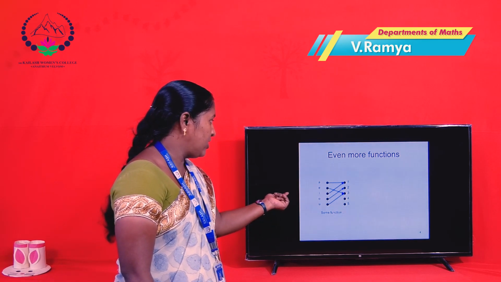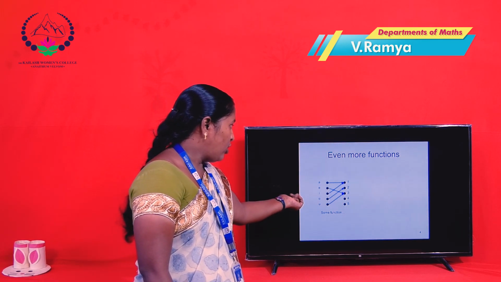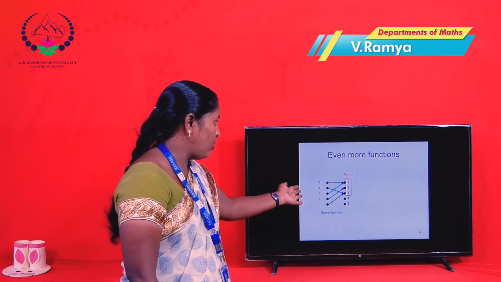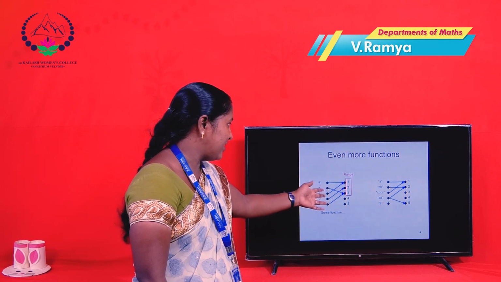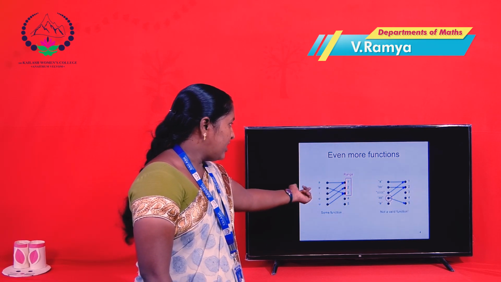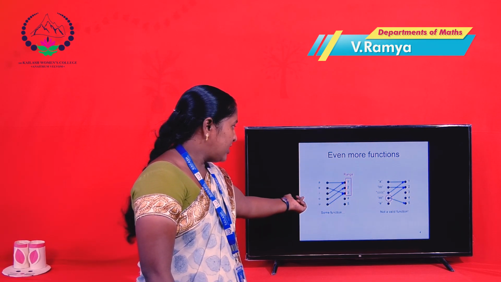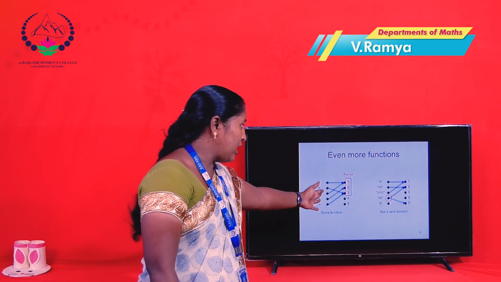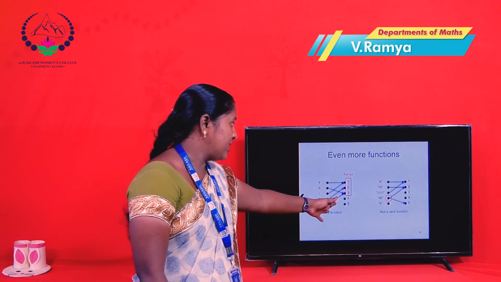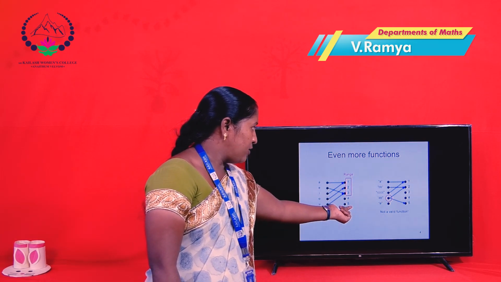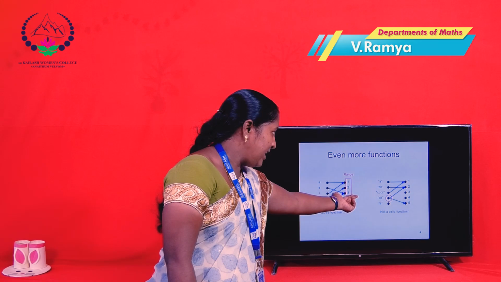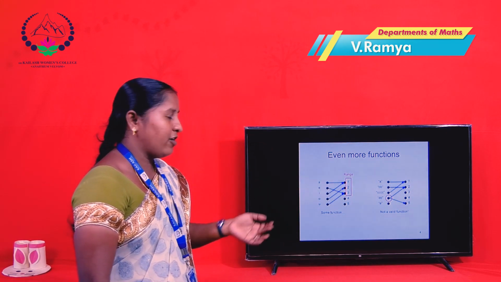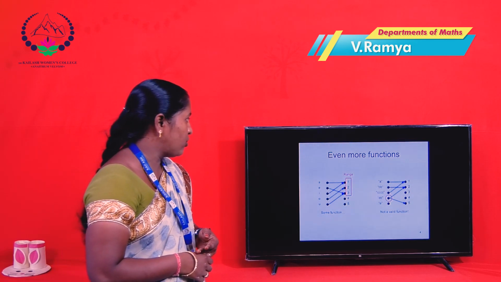So even more functions, this is the one-to-one and onto functions. A, E, I, O, U is one set and 1, 2, 3, 4, 5 is another set. This is the image and this is the range. So this is a valid function because this maps all elements into the other set. This is not a valid function because this maps D, and that element is not matched in the other set. This is also not a valid function. And then next one,